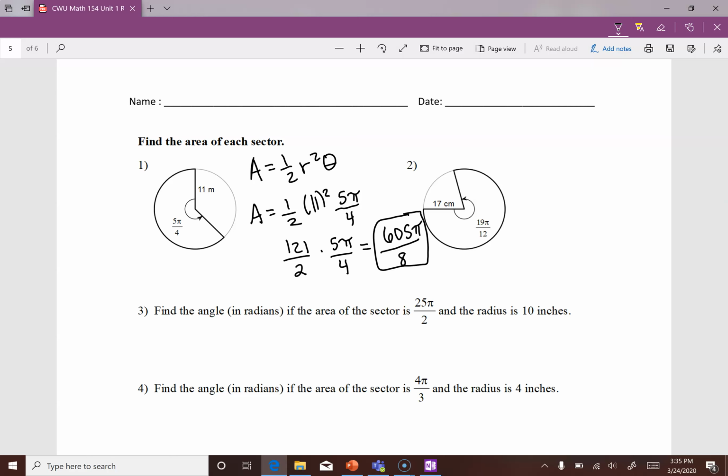All right, moving on to the next one. Again, we have area equals 1/2 r squared theta. So I'm going to have 1/2 my radius being 17 squared, and then my theta 19 pi over 12. Okay, 17 squared, I can't do that one in my head. That gives me 289, so I'm left with